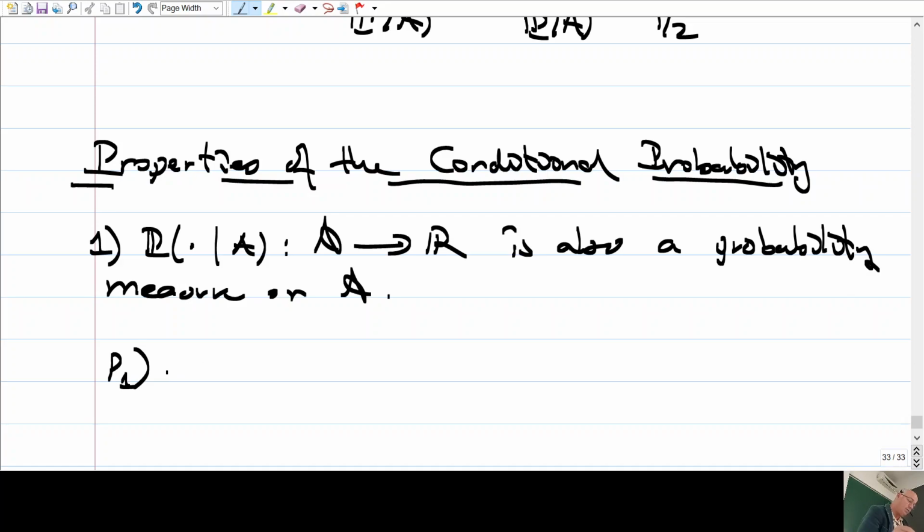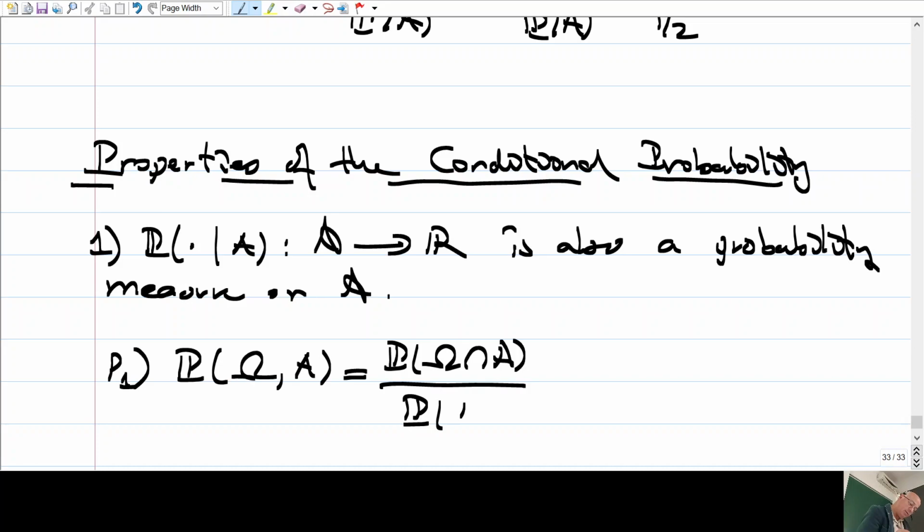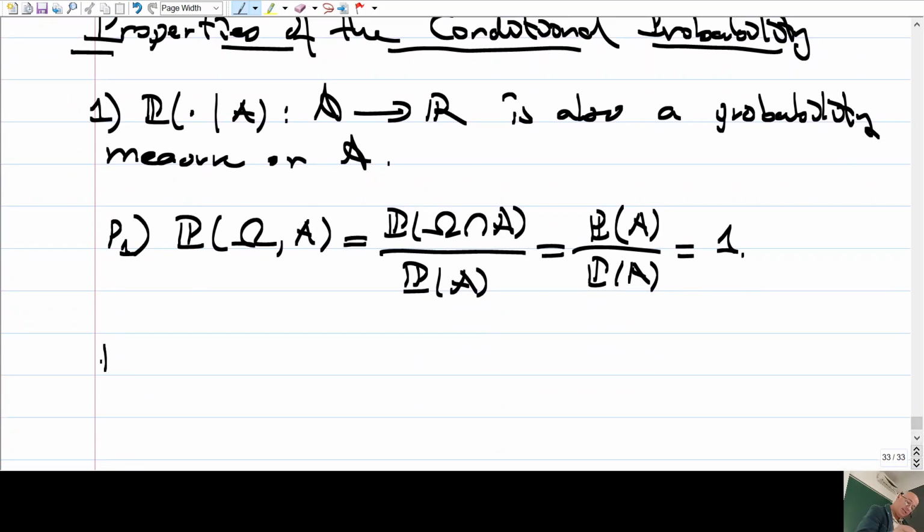Well, it has to satisfy the axioms, of course. What are they? The measure of omega should be 1. What is this? This is the measure of omega intersection A divided by the probability of A. Omega is the whole set. Therefore, this is just P(A) divided by P(A), and this is just 1. Second,